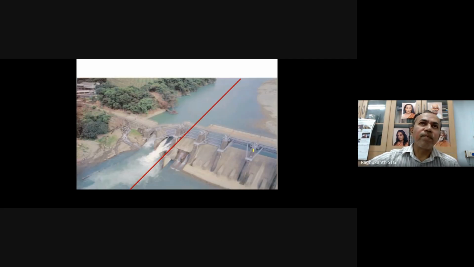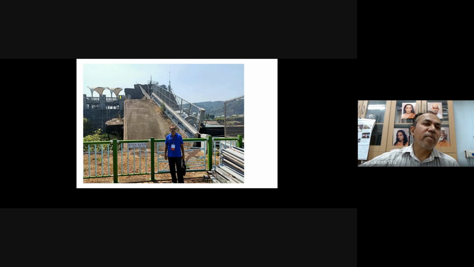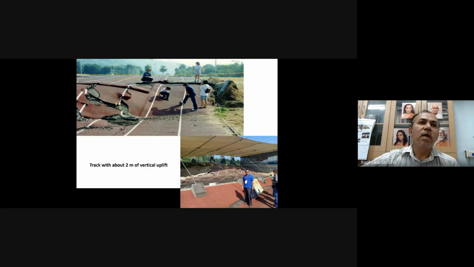in the Chichi region. And then this is also a classical example of a dam located on top of the fault itself. So the Shikang dam we call here. So you can see this dam was also crossing the fault here. You can see there are no cracks, nothing has happened here, but here because of this, this dam collapsed, and almost 7 meter or 5 meter uplift was observed in this dam, and it has completely collapsed during this Chichi earthquake also. And this is also, you see, a running track. During that earthquake, this portion has been lifted by 2 meters.